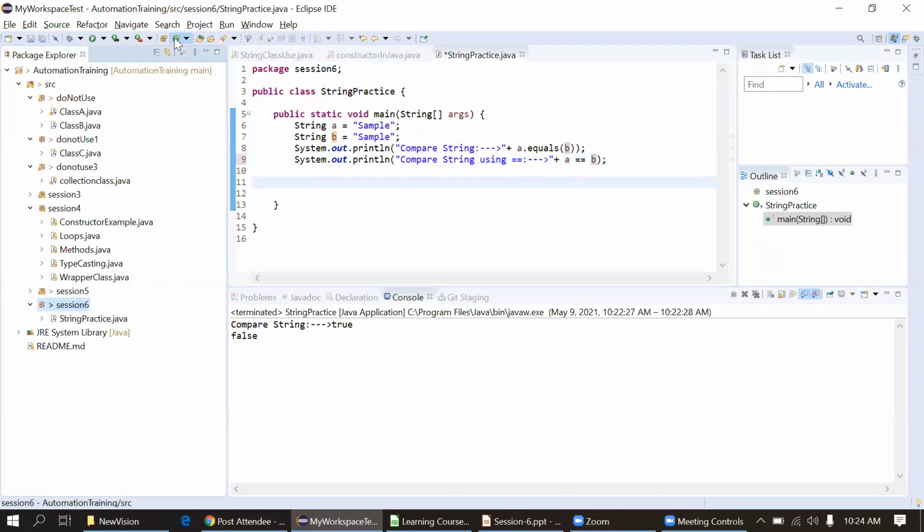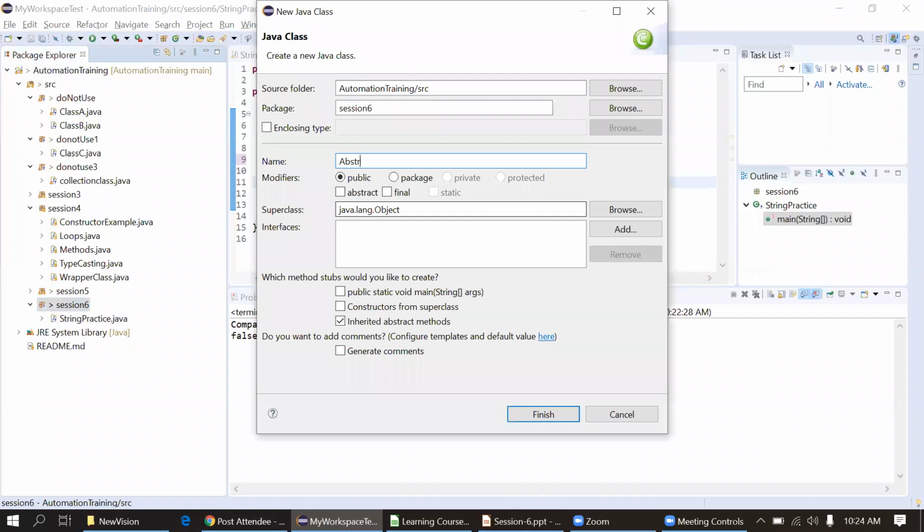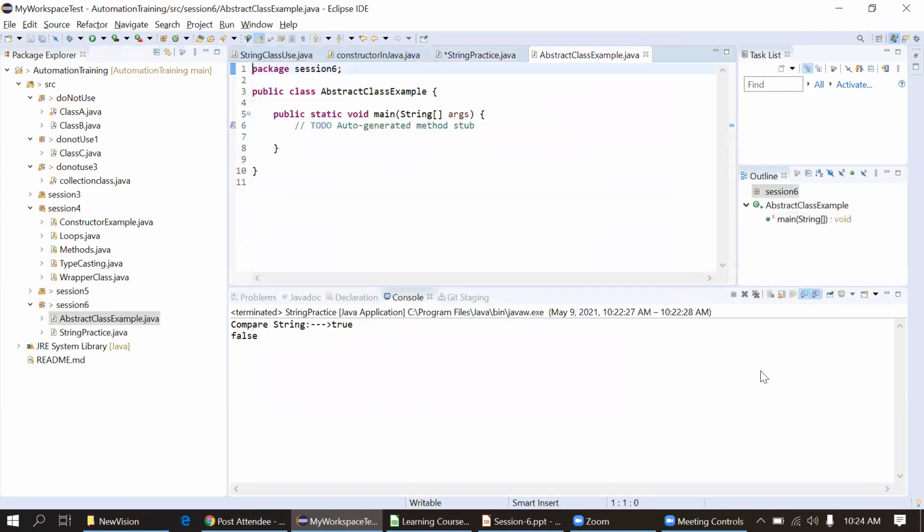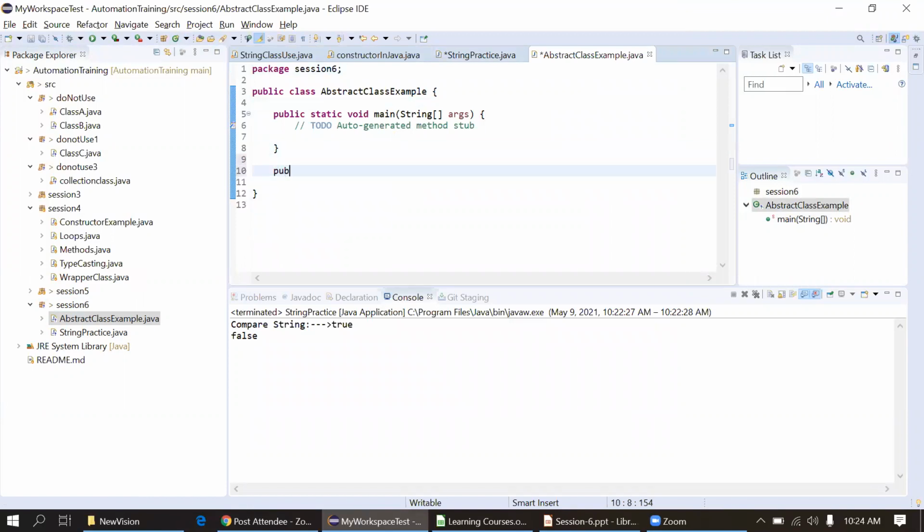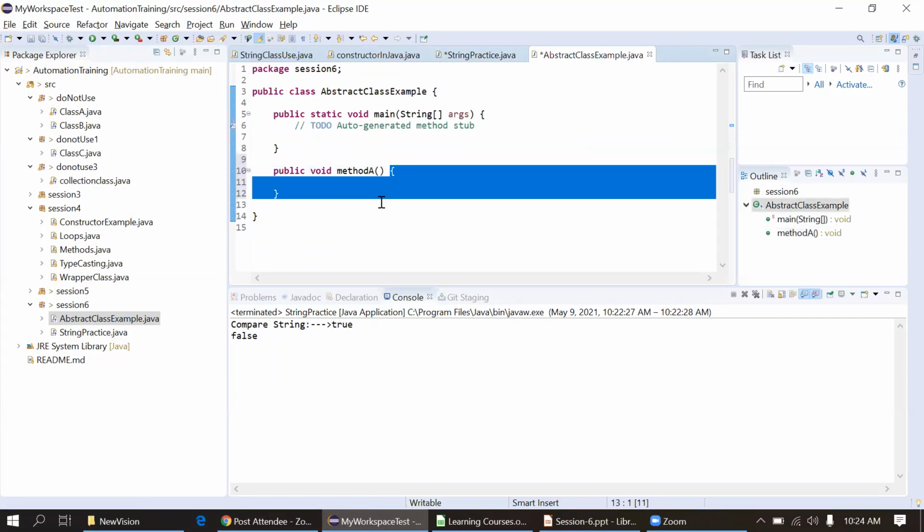Creating a new class, abstract class example. Now I have provided these curly braces, meaning my method is defined.